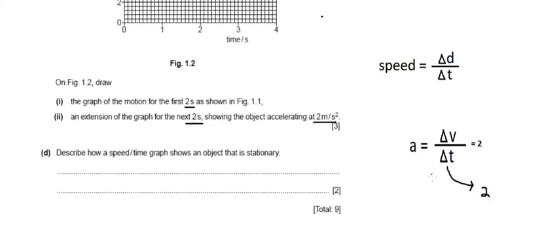Okay, so we know that acceleration is what? It is nothing but the slope of the graph, so that is nothing but 2. The denominator also we know that is 2. So what should be the numerator? It must be equal to how much? It must be equal to 4. Okay, the change in speed must be equal to 4, so that 4 divided by 2 will be giving us the value of 2, that is nothing but the slope. Okay, so from this calculation we can estimate the change in speed should be equal to 4 in the graph,